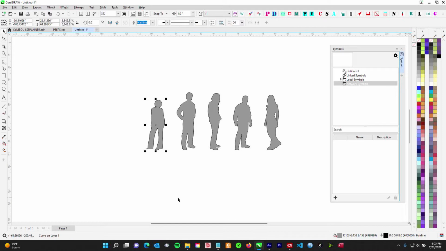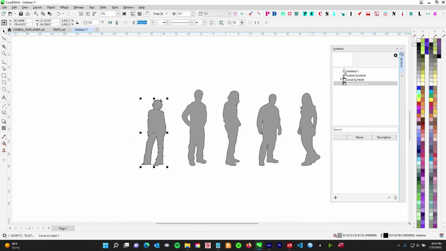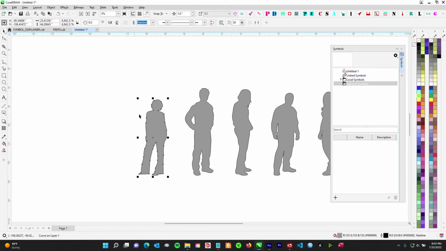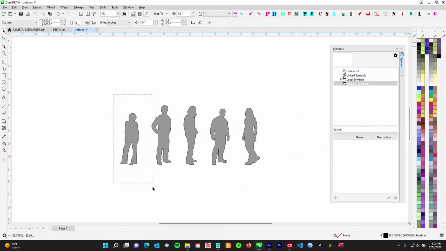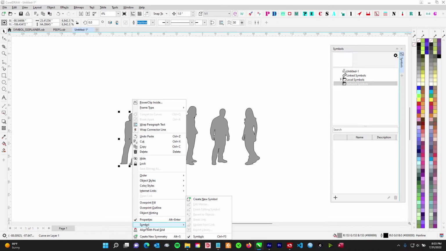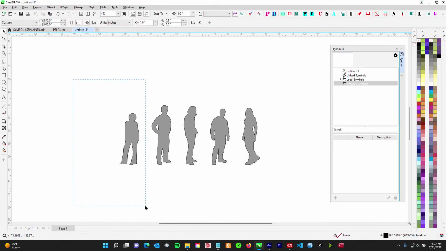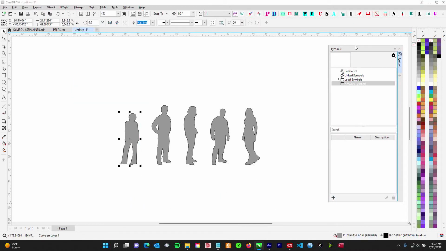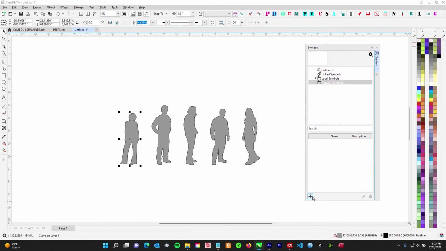So this is where you create a symbol. You notice that the bounding box is black. What we do is select. Now you could either right click and go down to symbol and create new symbol, or select and hit the plus sign on the Docker. You can work on the Docker. So hit plus, and it's going to ask you to name this symbol. What you're doing is naming this individual toy. Be descriptive, but I'm just going to do, homie one,